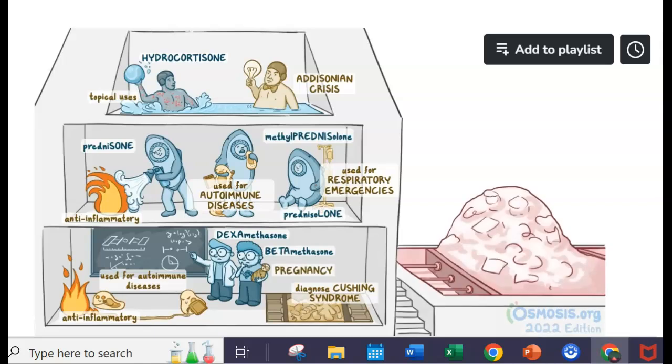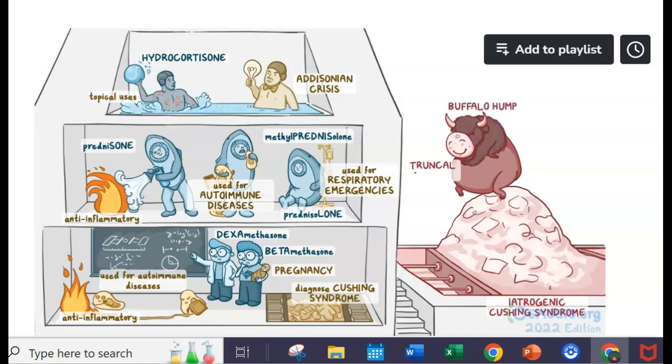We have a trash compactor outside for iatrogenic Cushing syndrome, which is caused by glucocorticoids not produced inside the body. So to help you remember some of the symptoms, let's put some stuff in this trash compactor. There's a buffalo with a fat torso, wearing a smiling moon mask to help represent buffalo hump, truncal obesity, and moon facies. We can put a blood pressure cuff wrapped around a bone with holes in it for hypertension and